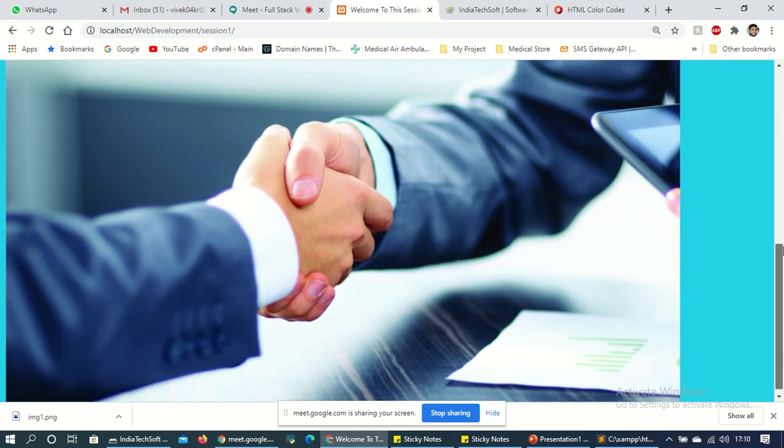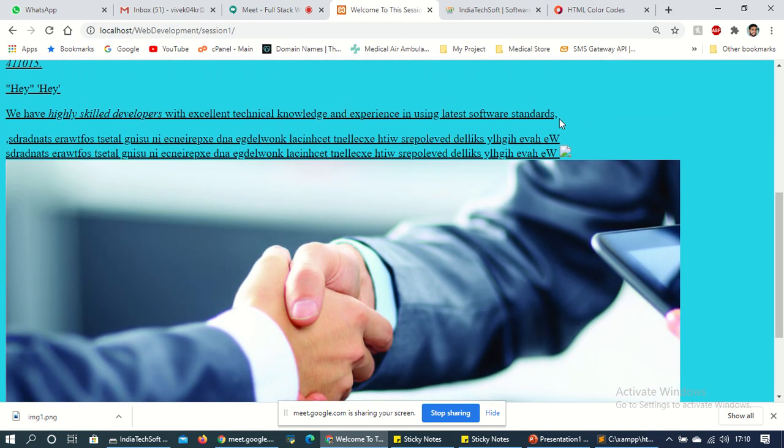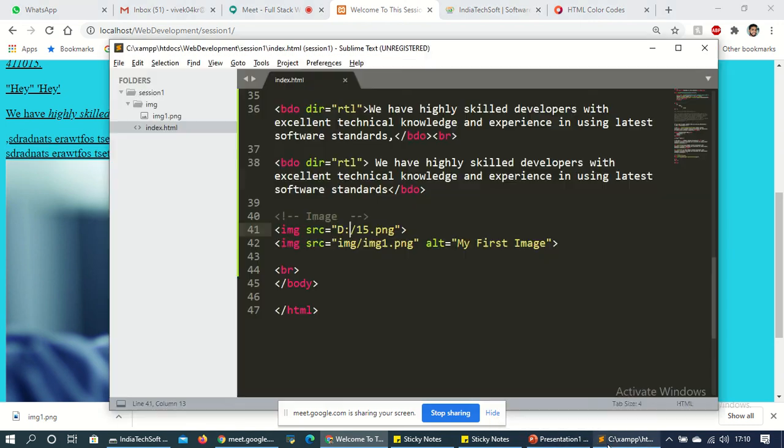No images, nothing. See here, for this area, we are getting this broken image icon, but the actual path is not working.